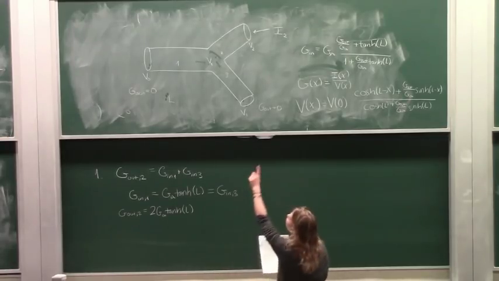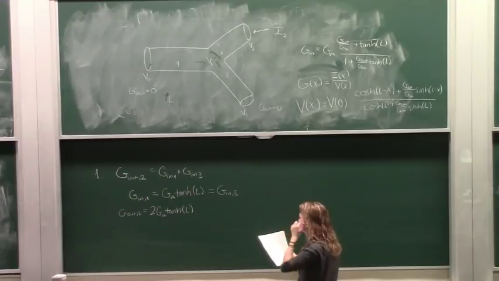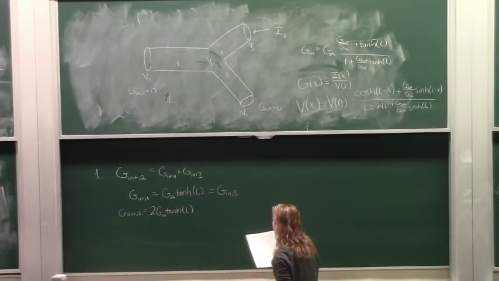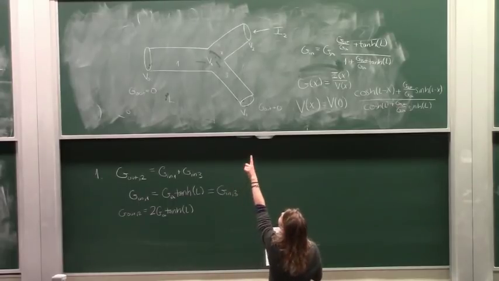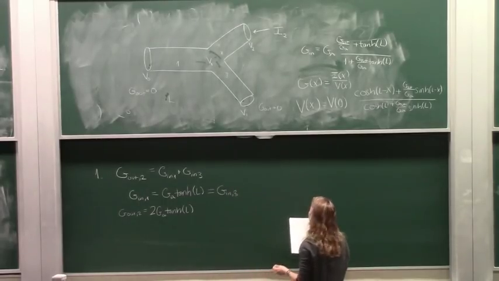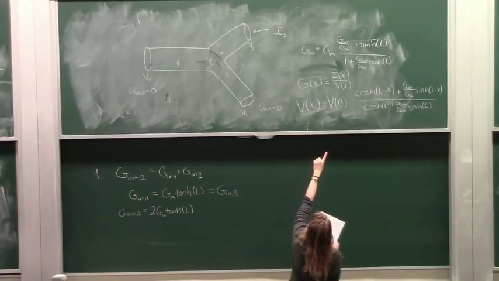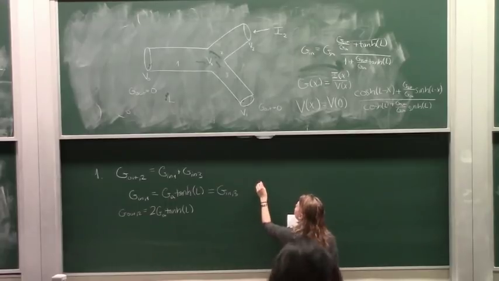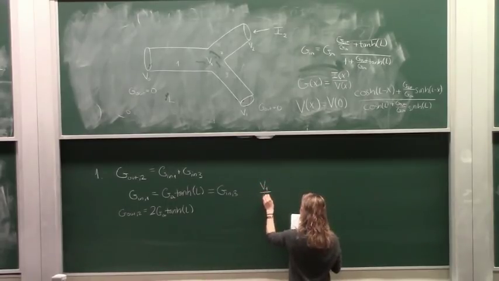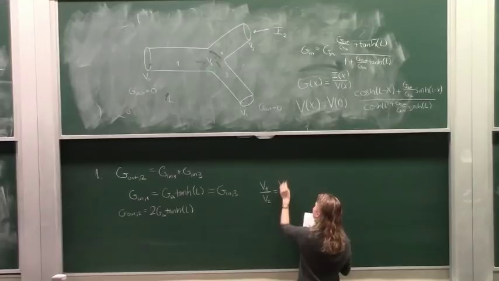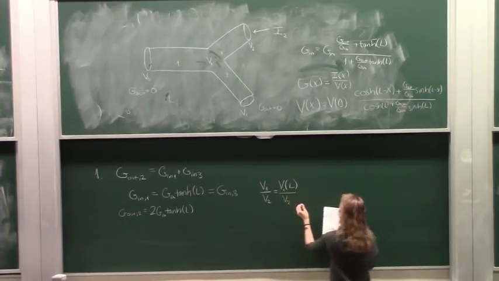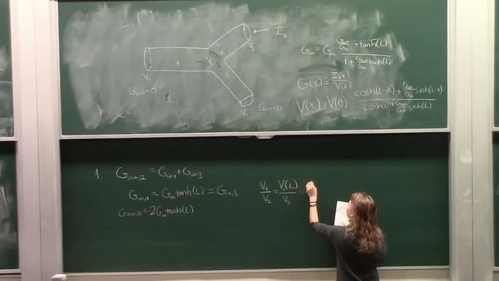So now we have the G out of the branch that we're looking at, which is branch 2. So now you can get the ratio of V1 over V2 using the V of x over V of 0 expression that's up there. So V1 over V2 is V at L, because the length is L, over V2, which is,